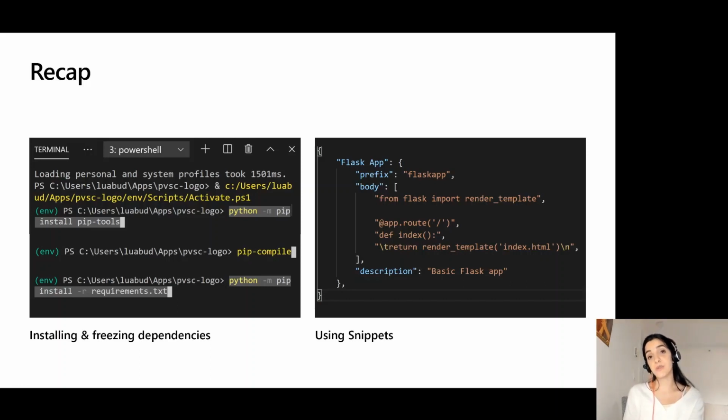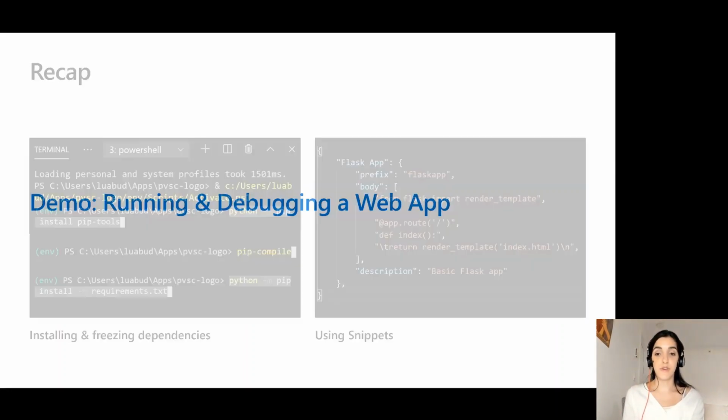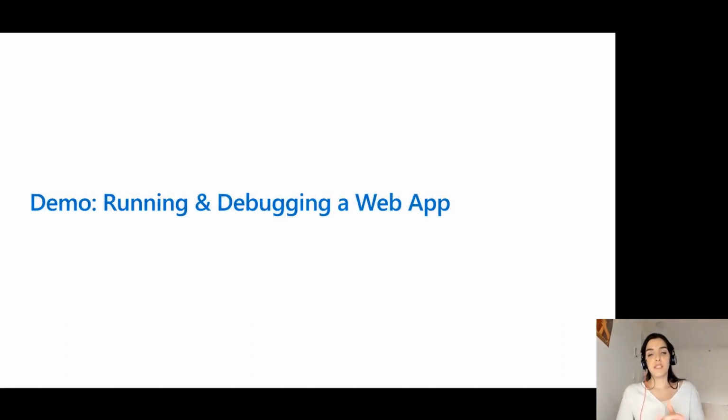We've seen how you can use code snippets and define code snippets in VS Code so you can reuse larger pieces of code across different projects. It's very convenient. Now we're going to see how you can run and debug your application in Visual Studio Code. So I'm going to go back to my app